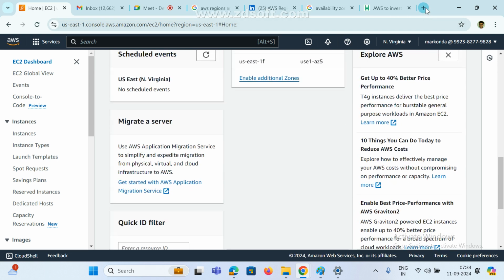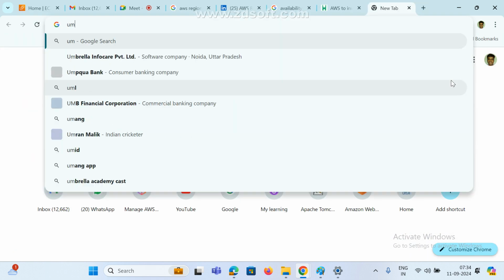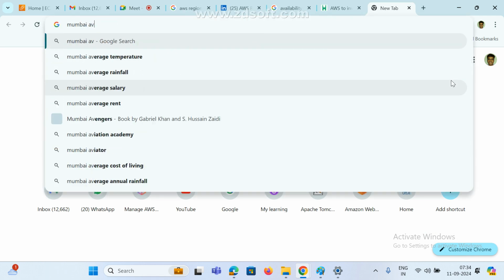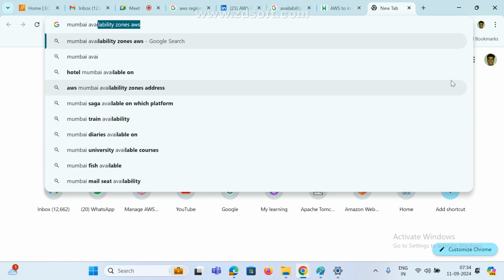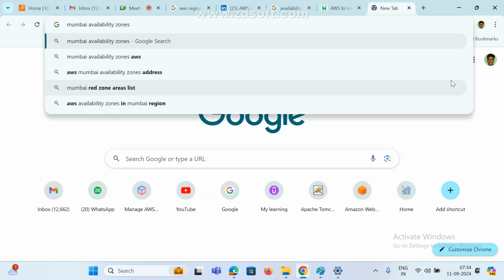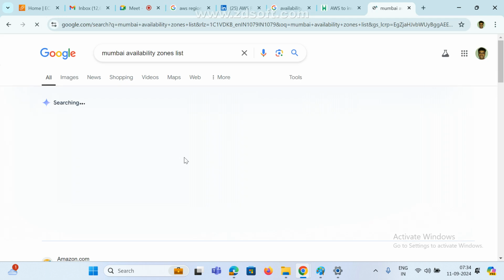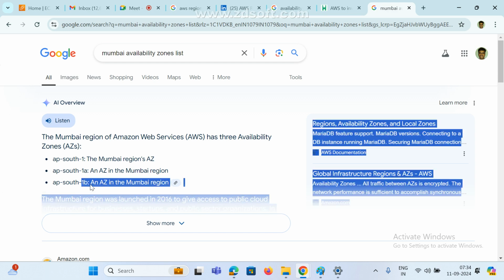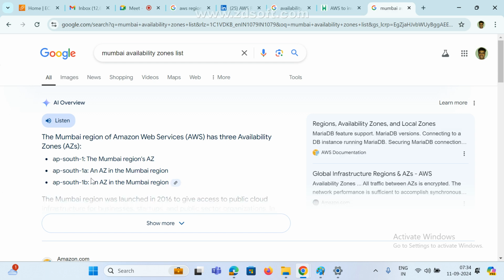Mumbai availability zones: they are using maybe two. Now see here, AP South is the Mumbai region, and they are maintaining only two, 1A and 1B. So in Mumbai they maintain two.